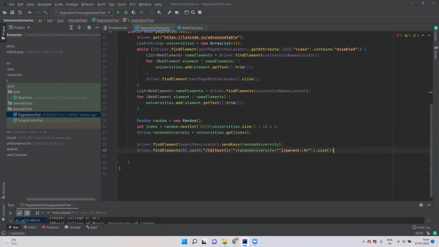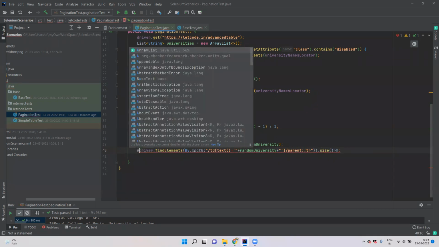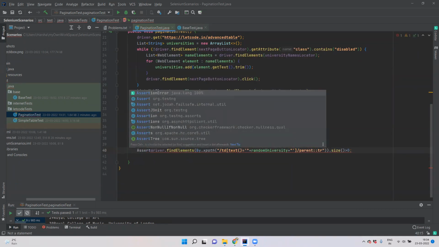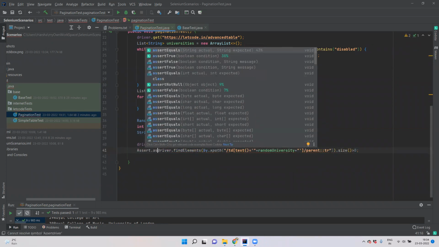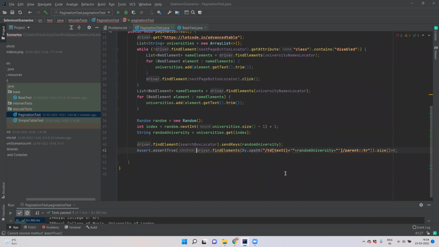The size should be greater than 0, and I have to assert it. Assert dot assert true. I could say true. Okay. And once I assert the size, or once I assert the number of entries of this university inside my